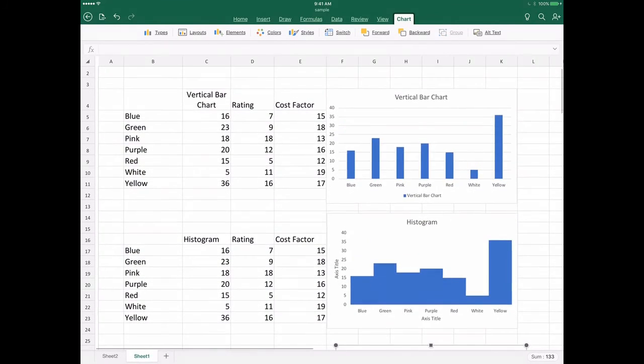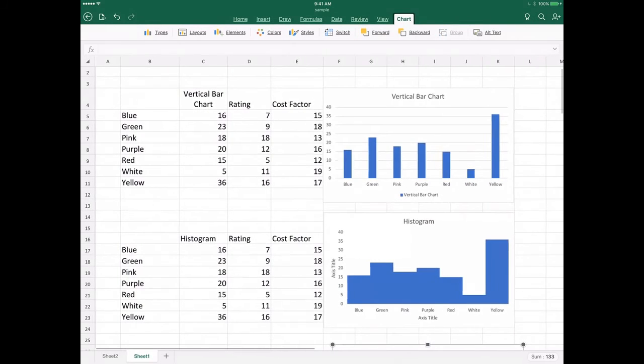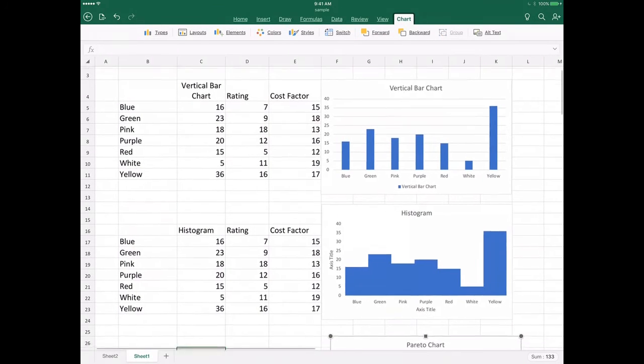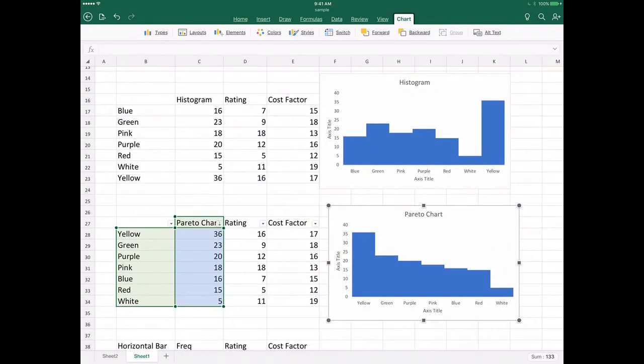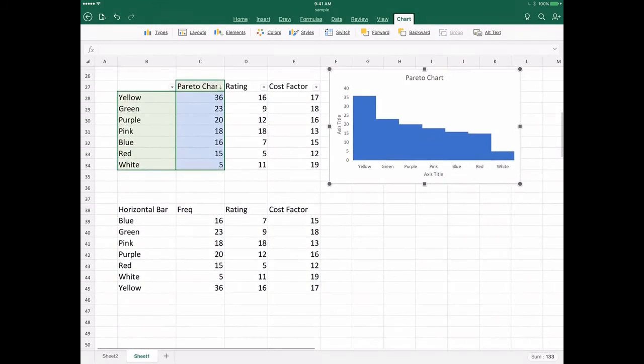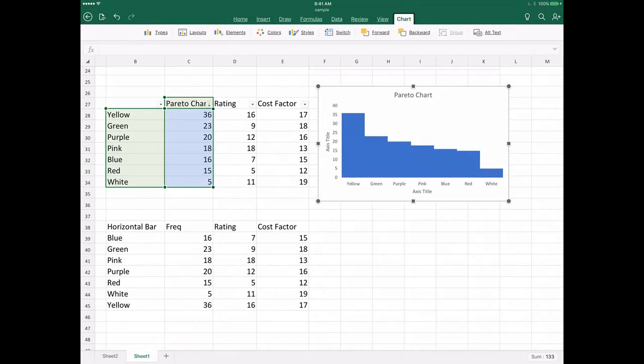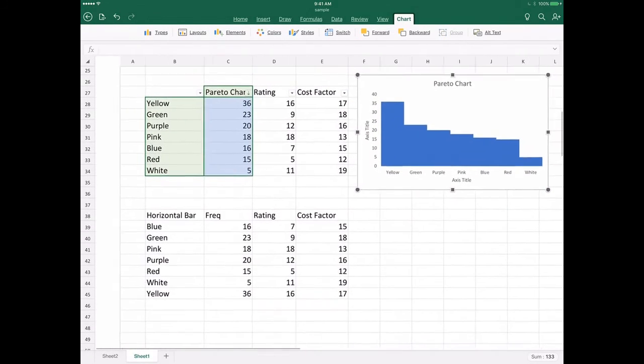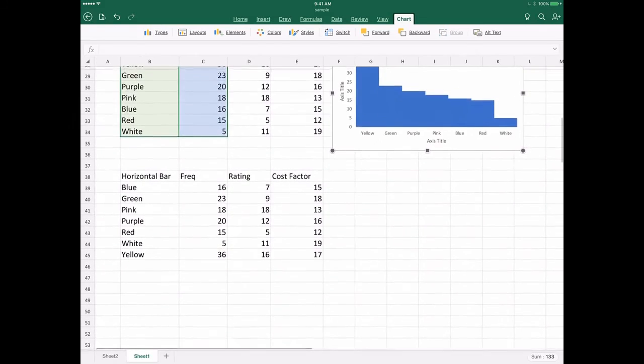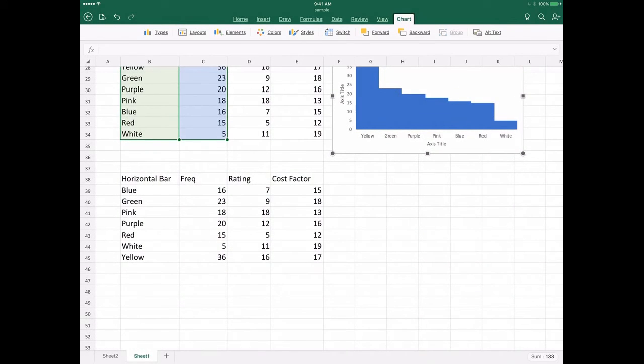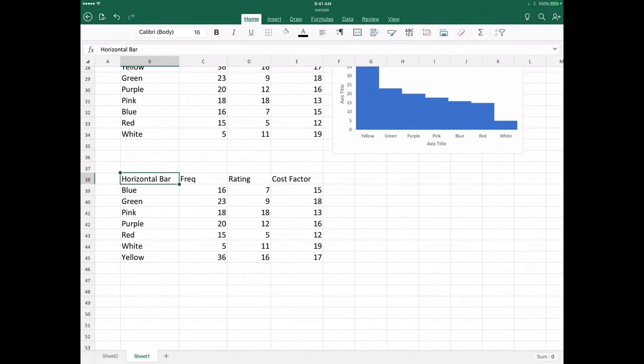So if we go back now, we have a vertical bar chart, a standard one. We have a histogram, and we have a Pareto Chart. So all 3 of those items are there listed for us. So now what's left is the same data as we started working with, and this time we're asked to do a horizontal bar chart. So we're just going to move this over